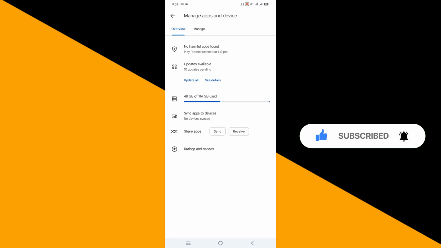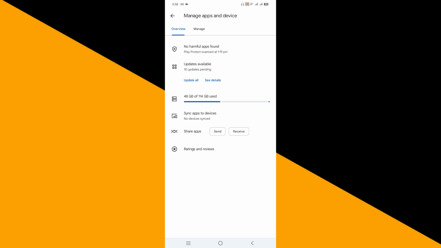Now on this page you'll be able to find an option of updates available, and below it you'll be able to find two options. The first one is update all, the second one is see details. You'll have to tap on see details,